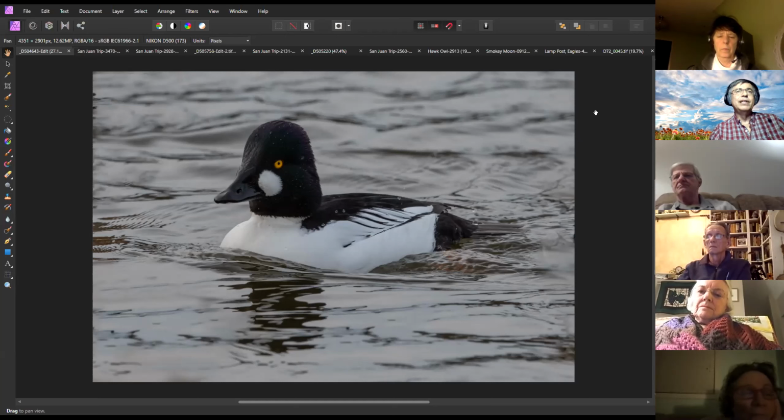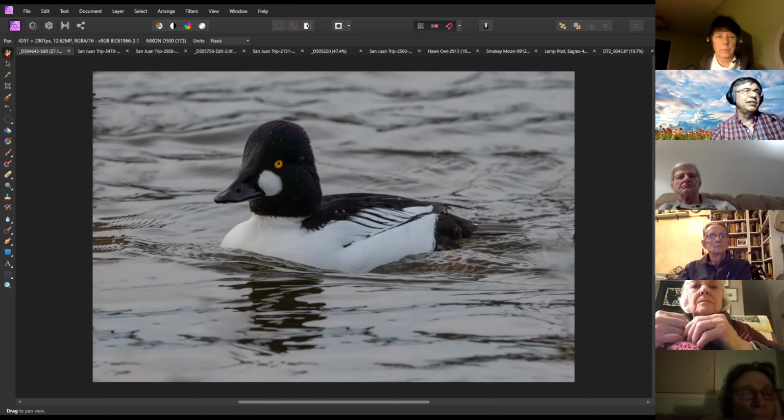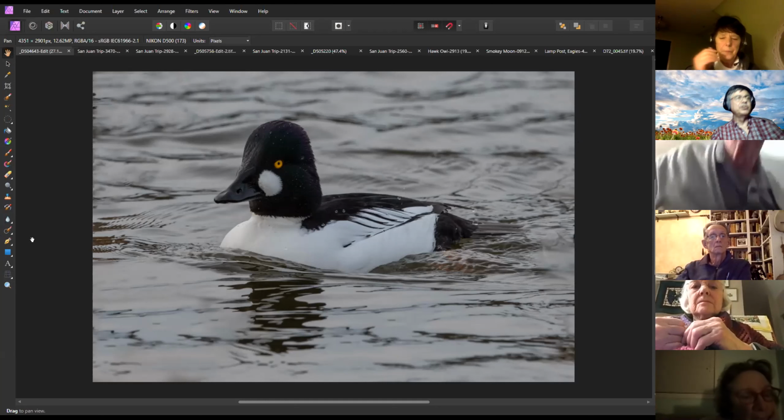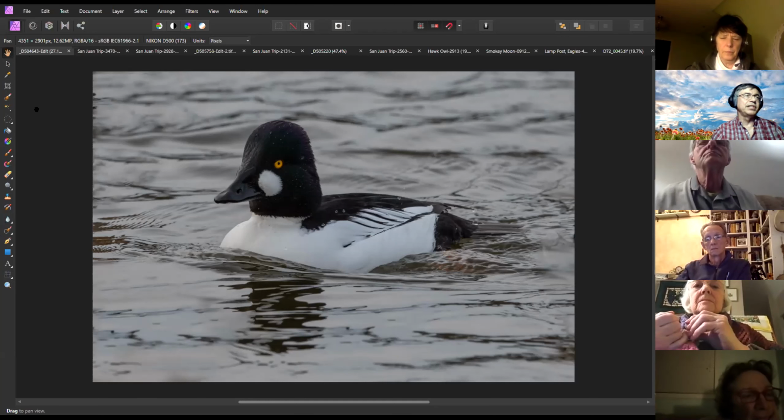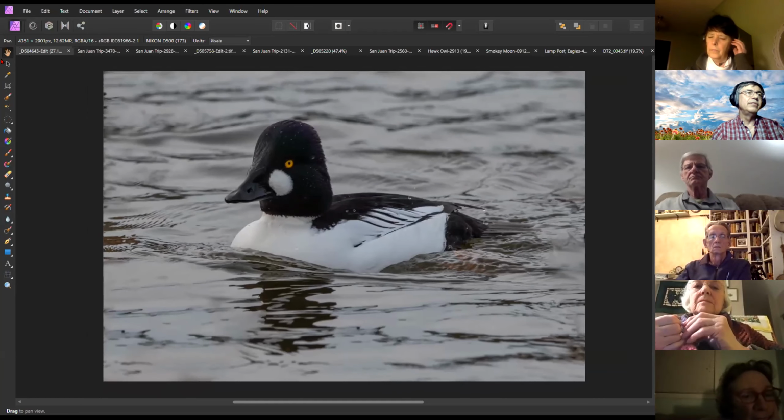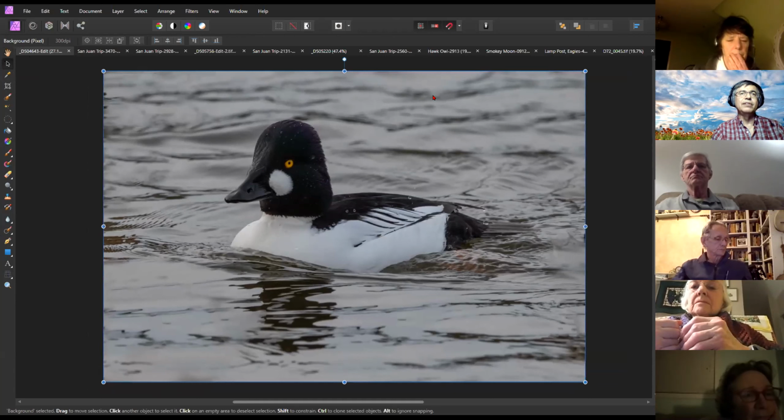So I'm just going to start off. I'm going to go through some of the icons here. Basically, like Photoshop, you have a toolbar on the left-hand side, and these are the tools that you normally work with most of the time. So you have a hand to move your picture around. You have a pointer icon, which highlights